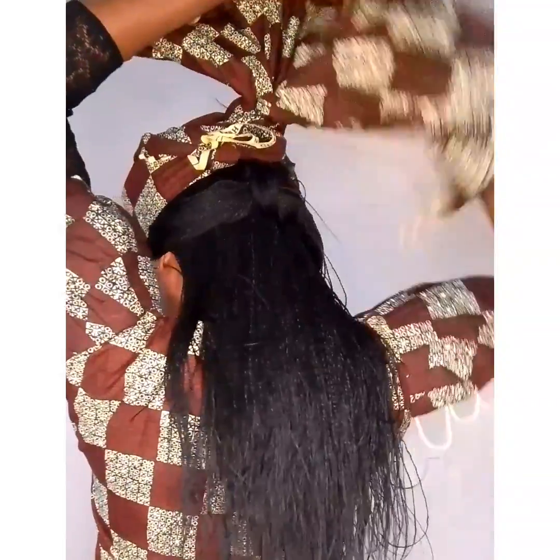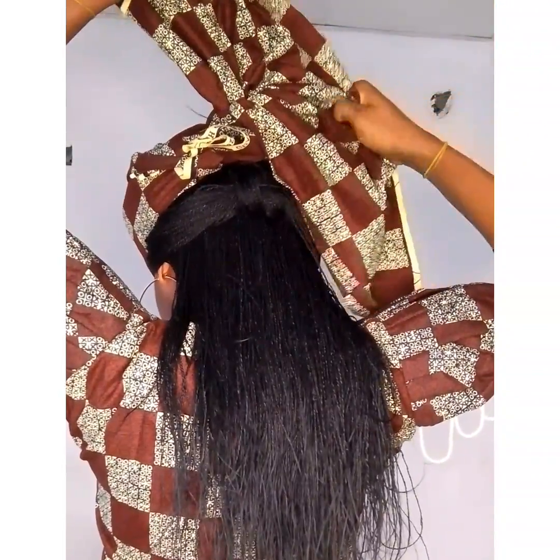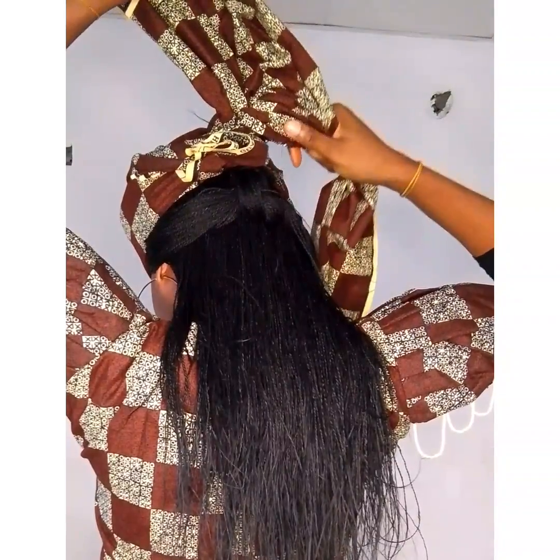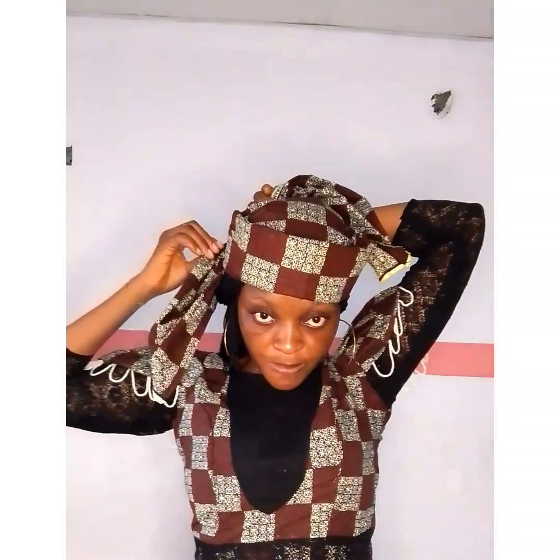Now before I work with the one at the back, I'll try to adjust and amend all amendables at the front before I go for final design at the back. So what are we going to create with this one? I'll just raise it up and use my hand to press down like I'm dividing it into two equal parts with my hand. After the division, I'm going to release one part to be down like that, and this one